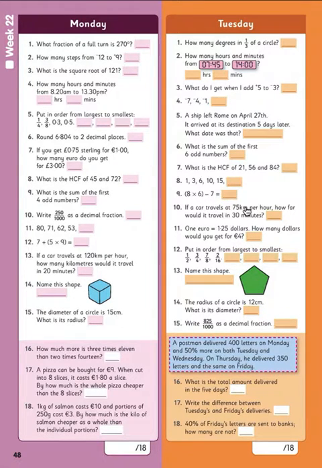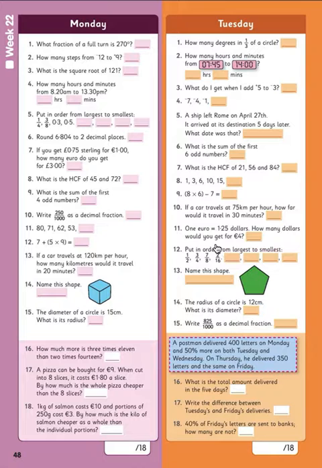If a car travels this per hour, how far would it travel in 30 minutes? So you should think about what fraction of an hour is 30 minutes, and then find that fraction of 75 kilometers. €1 is the same as $1.25. How many dollars would you get for €4? So